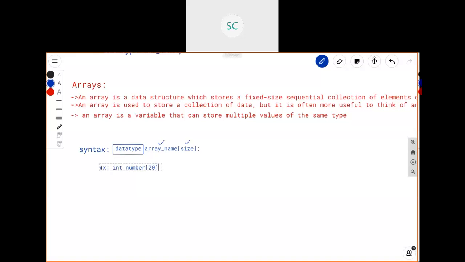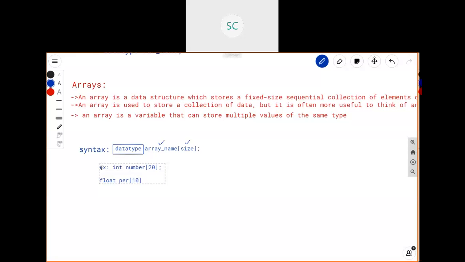Next, you can declare float type arrays. Float, you can give any name. Then simply I will give percentage. For percentage I'm going to take one array name as per. Here also you can mention the size of this array.